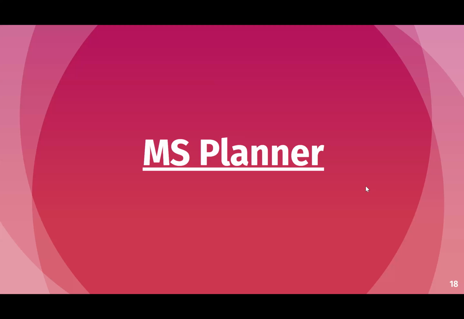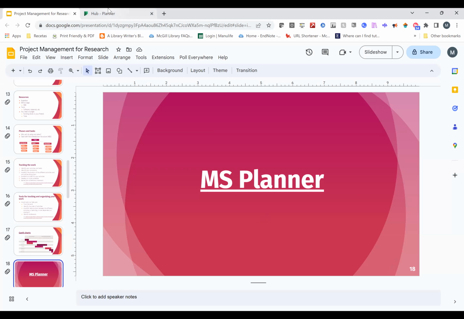And then I'm going to show you another one, which is Microsoft Planner. I'm just going to leave the slide because I'm going to go to Microsoft Planner. I'm going to put the link to Microsoft Planner in the chat in case you want to follow along or just know about it. It will only work if you have access to Office 365, which you will have if you are a McGill student, faculty, or staff. If you're coming from another institution, you may not have access, but you can just take a look at it and see if that would work for you.